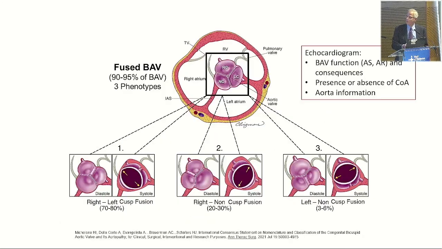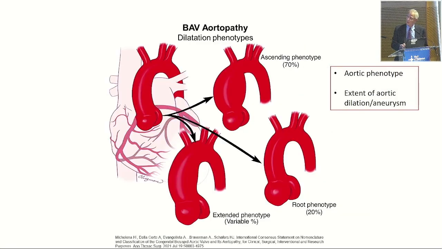Of course, imaging the bicuspid valve is critical by echocardiography, recommended in all to understand the function of the valve, the presence of coexisting congenital lesions, and to assess the aorta. And the guidelines specifically mention the importance of entirety of aortic imaging. So if the echocardiogram doesn't discern the entire extent of the aortic enlargement, then cross-sectional imaging by CT or MR is indicated for that understanding.